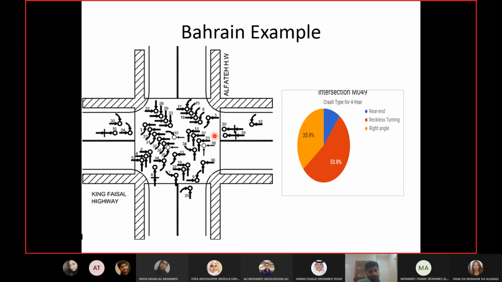So the clearance time may not be enough because they did not take into account the extra time required normally by the turning vehicles, or it may not be enough because the turning vehicles are going along with the through vehicles, from the same phase and the same lanes, and they are taking more time and moving at less speed. Okay, so what can we do again to solve this problem?